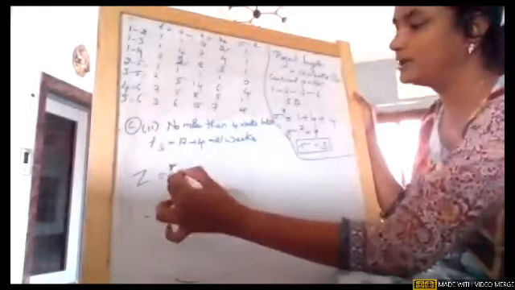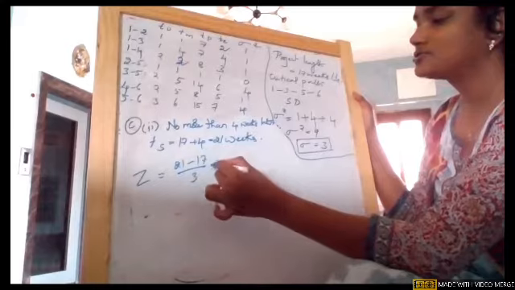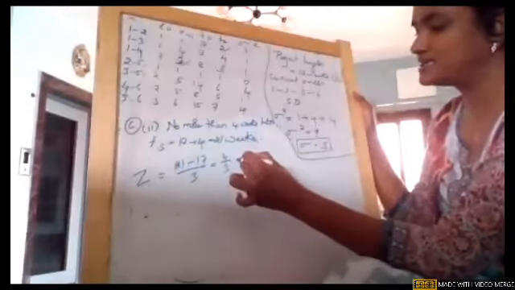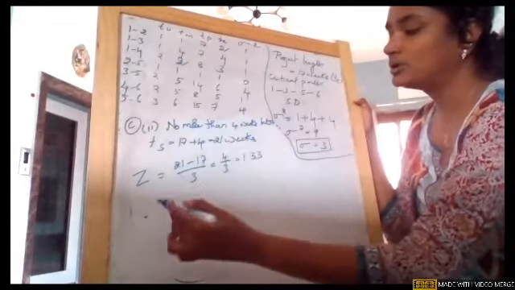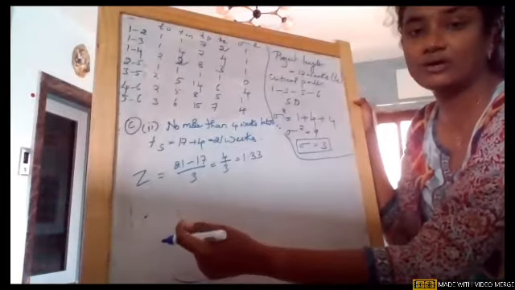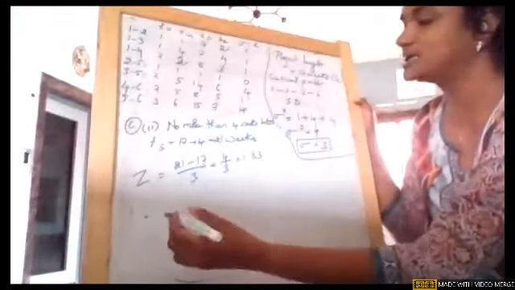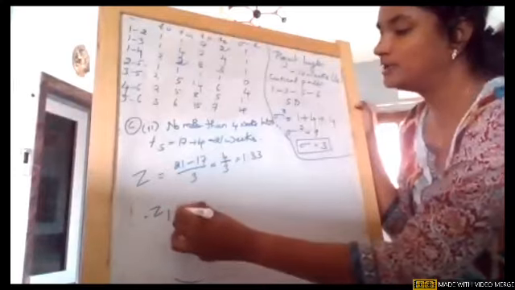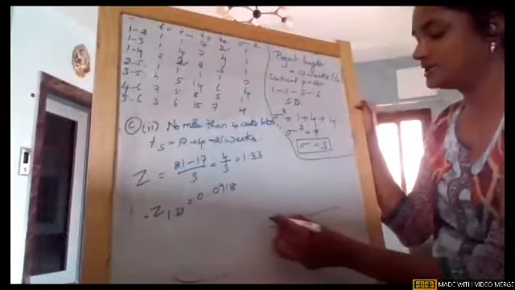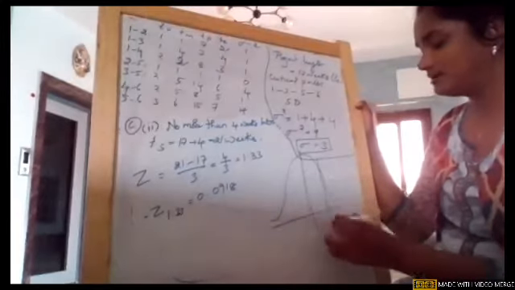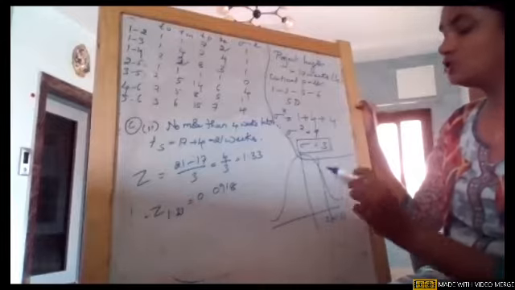So again, I'm directly going with Z. So 21 minus 17 divided by 3. So now this is plus 4 by 3, which is again the same value, but it is on the positive axis. Okay, no more than means, remember, less than or equal to. Yes, it is not beyond 21 weeks. So again Z at 1.33, 0.0918. When I show it in the graph, the Z value is somewhere here. So Z at 1.33, it is no more than.